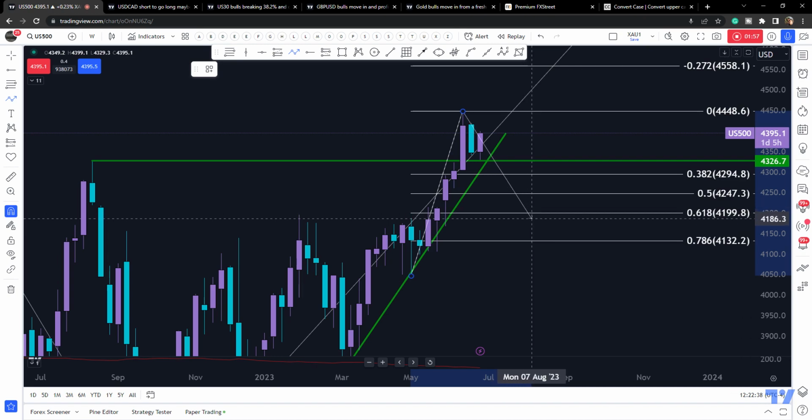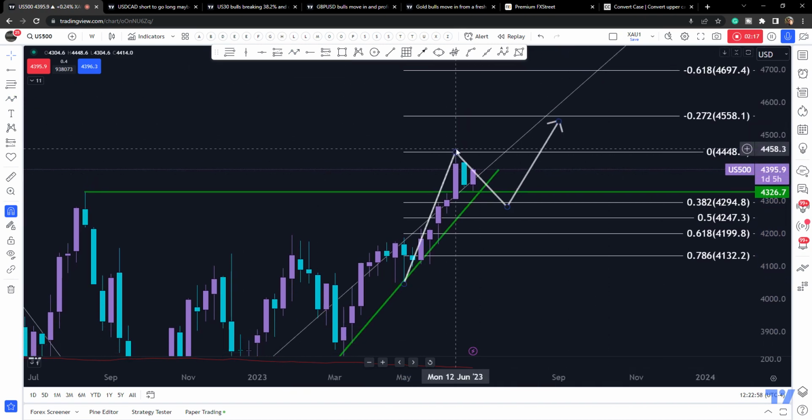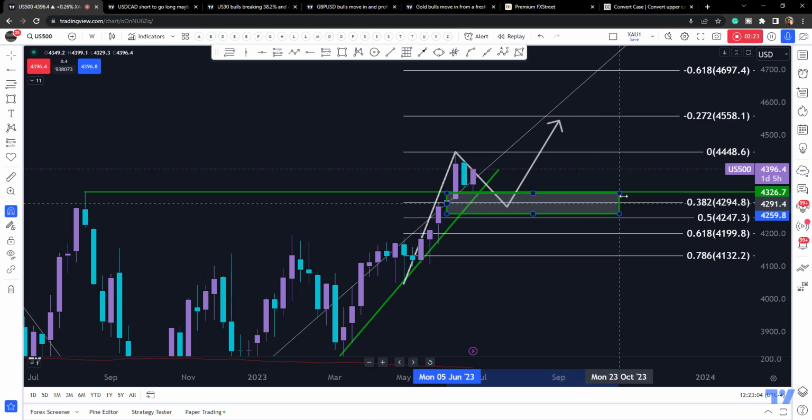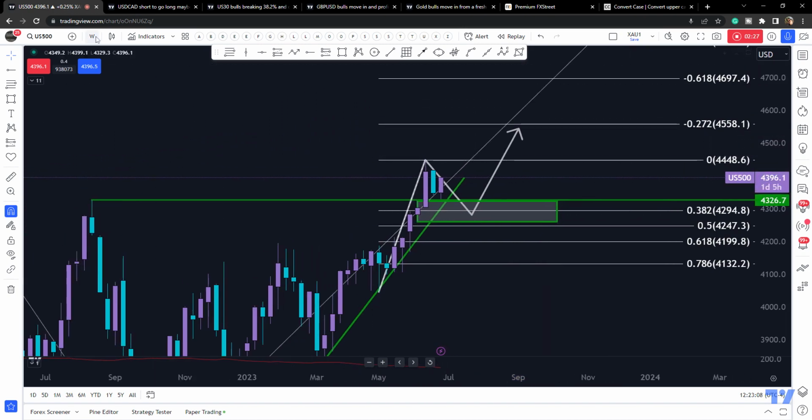You've got support right down in here, but you'll also have support on the daily chart in and around this candle. So let's just mark that candle off there and anticipate a move continuation higher on the weekly. I say that candle there because that's giving us potential congestion on the daily time frame. So let's head to the daily.